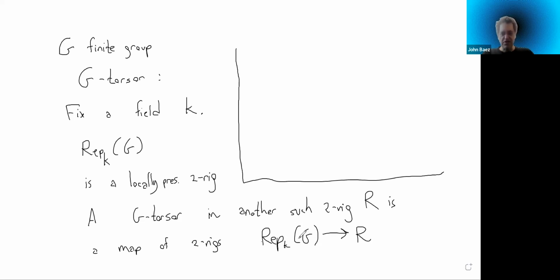So there's this incredibly important representation of G, which I guess they call the regular representation, or the group algebra, which is just the free vector space on G itself. And the nice thing about this is that in the case